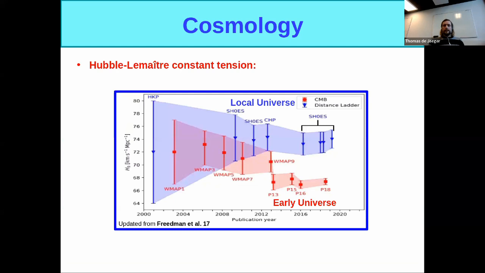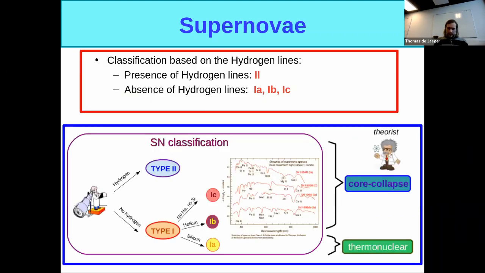So with the type 2, instead of using the type 1a for the second and the first rung of the distance ladder, I will use type 2. This is the goal of the paper mostly, and the work I show you here. So type 2 supernovae. You have different classes of supernovae, mostly type 1a and type 2. This depends on the presence or not of hydrogen in the spectrum. And for type 1a, you have different classifications, but not very important.